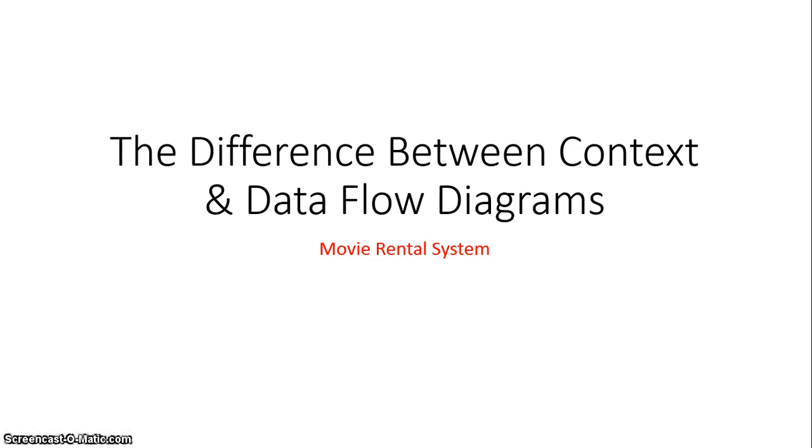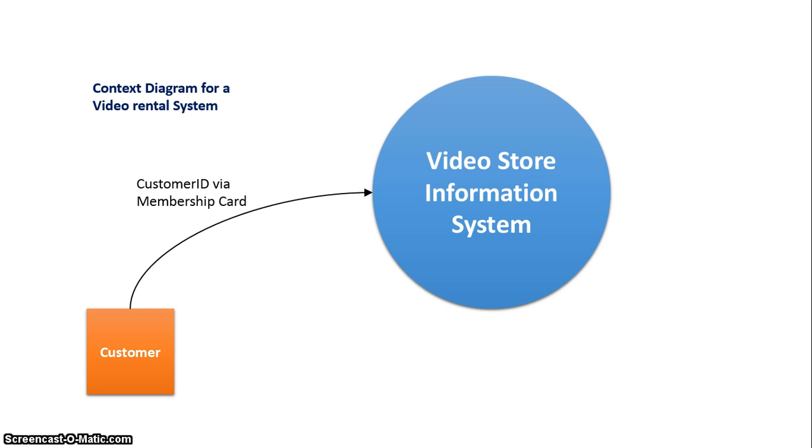Today we're going to look at the difference between context diagrams and data flow diagrams using the example of a movie rental system. So for a context diagram, we'd have our external entity as the customer. They would give their ID via their membership card to the information system. The information system would then process who they are and allow them to rent movies and probably give them a